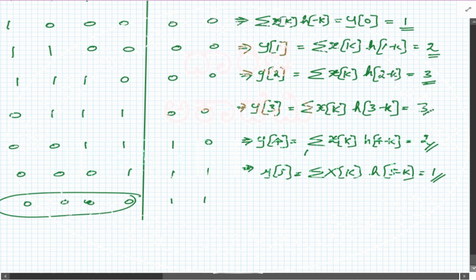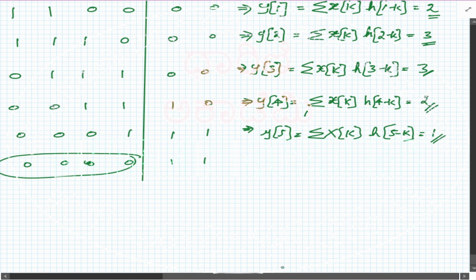So, therefore, I'll write the answer. Therefore the y of n is equal to, in terms of the signal samples, this is 1, 2, 3, 3, 2, 1,